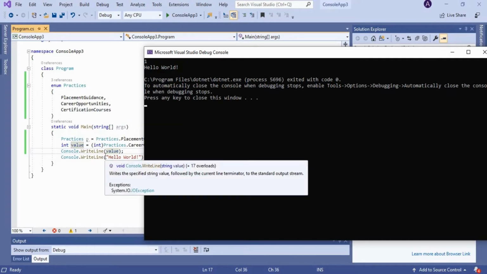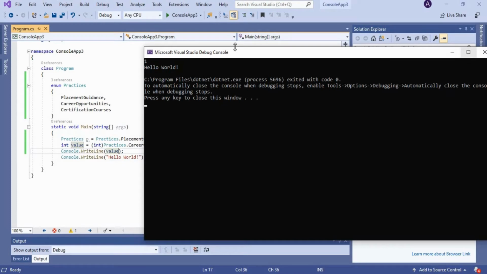So in this way we can use enumerators. The only difference between arrays and enumerators is that an array is a collection of a similar data type. If you are declaring an array variable called A of integer data type, that particular array variable A can contain only integer constants, right? And we can access the values of an array using a for loop, but that is not possible in the case of an enumeration. So right, let's move on to creating arrays.